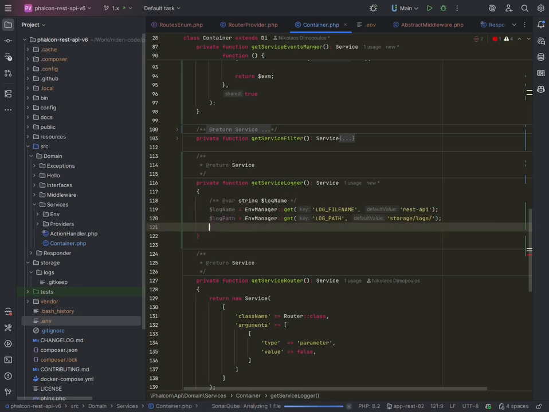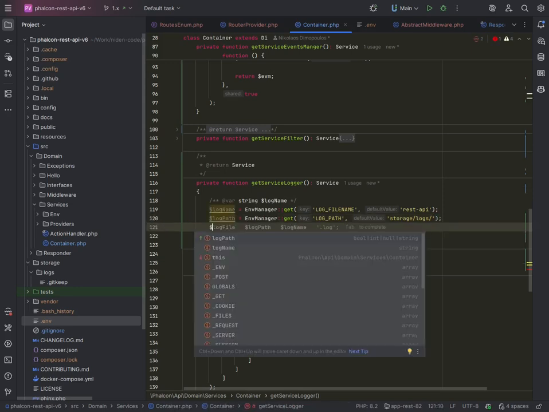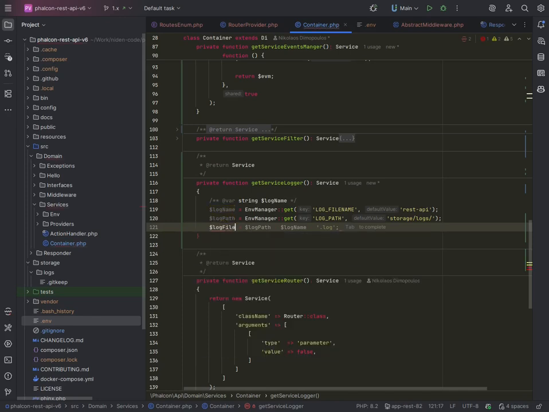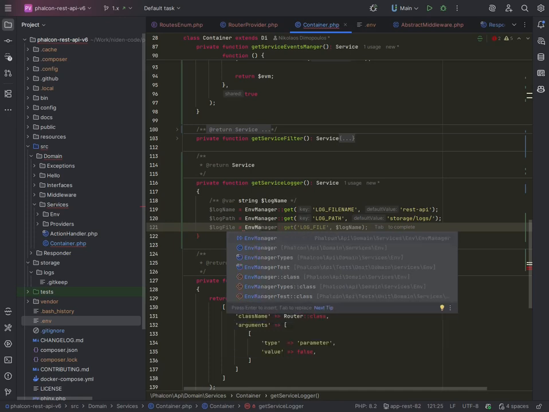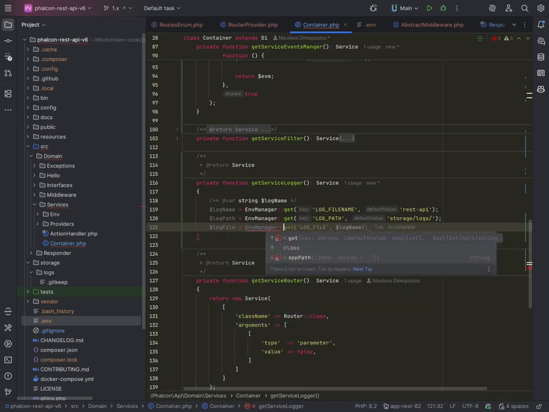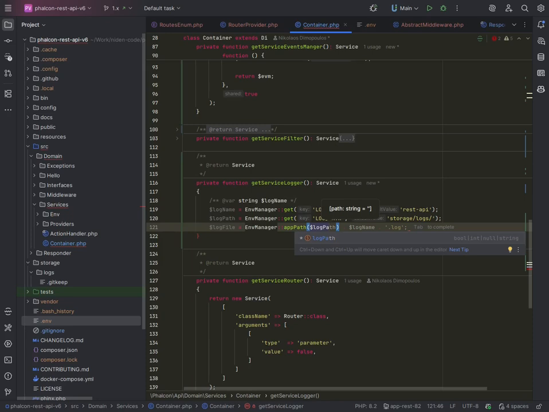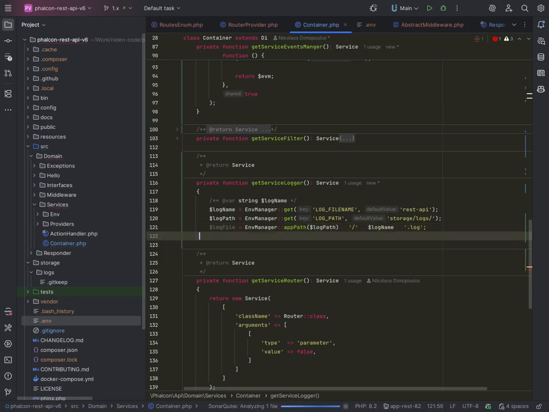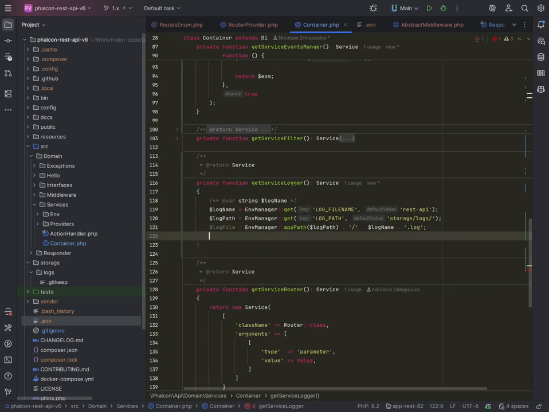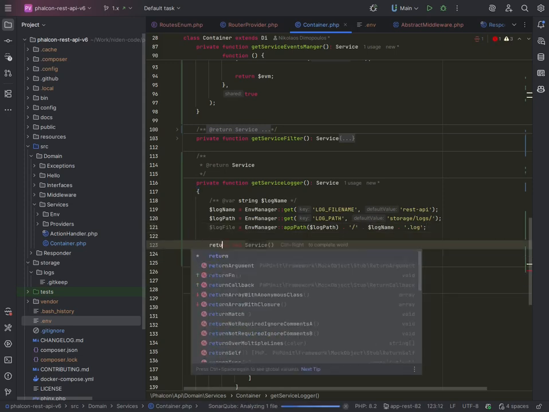And now we need to figure out what the file will be called. Log file equals env manager app path, and that would be the log path. And then we're missing one of those. Log name and then log. Okay, so we got all those, and then we'll return new